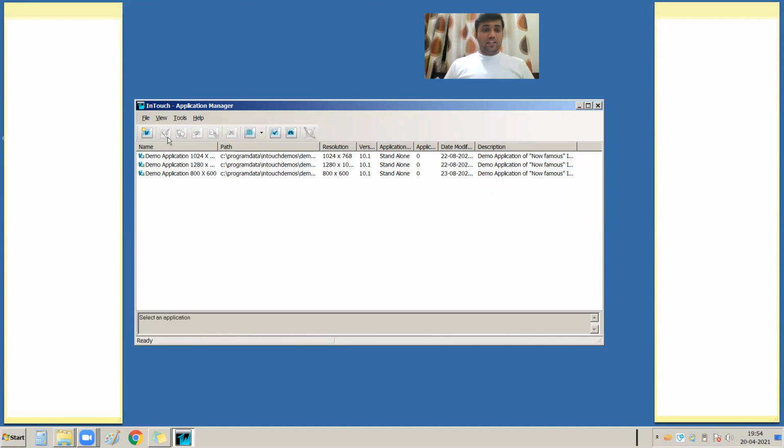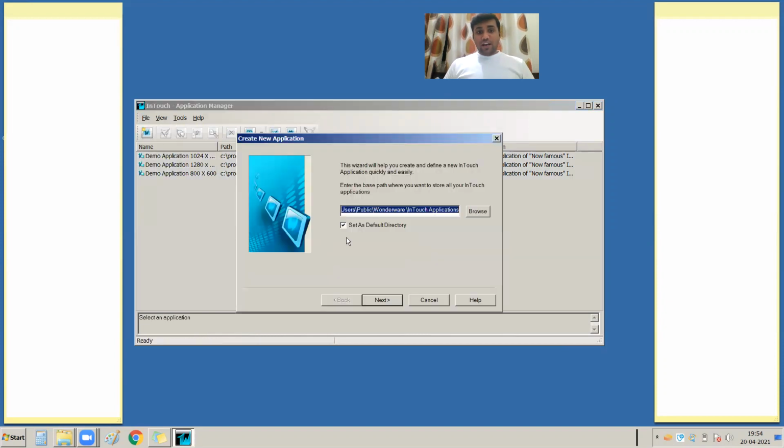For that you have to press File, then New, and here is the base path. You have to enter the base path where you want to store all your InTouch applications. Whatever folder you select with this browse button will be used. First of all, I am going to create a new folder on my desktop, named InTouch Projects.